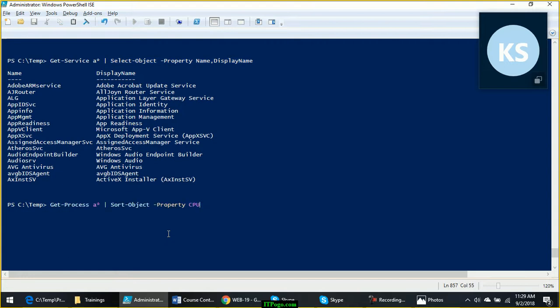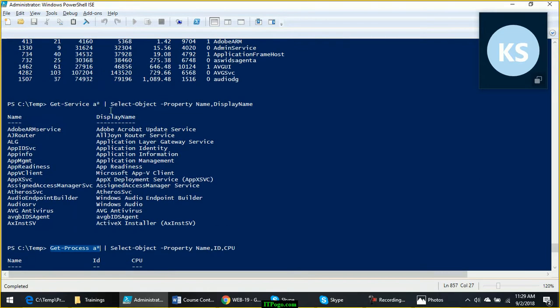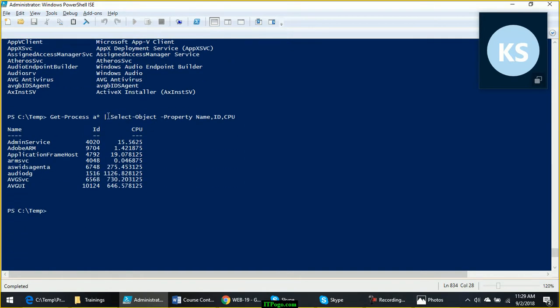Similarly, when you use this with Get-Process, Select-Object -Property Name and ID, or we can include one more, CPU. It is able to take the input from process object also and from service controller object also. Then what is special about these commands which are capable of taking input from any command? No matter which command you keep on the left hand side, these commands are still able to handle the input,